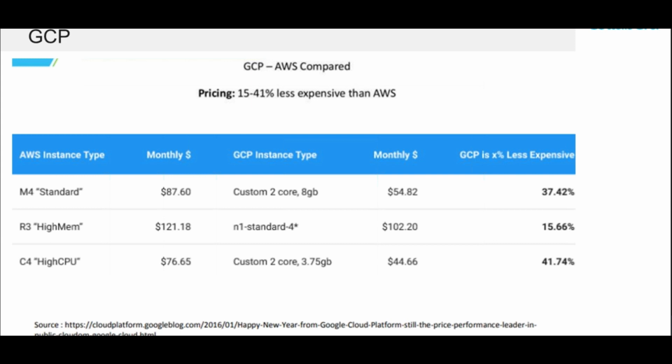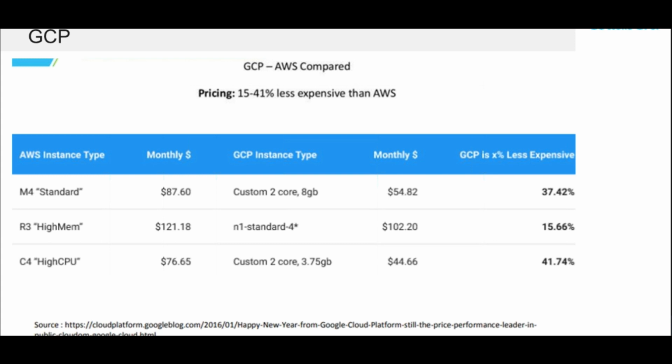But I am not saying that AWS is not a good cloud. AWS has its own advantages, and obviously we all know that when we talk about cloud computing, AWS pioneered the cloud computing technology.